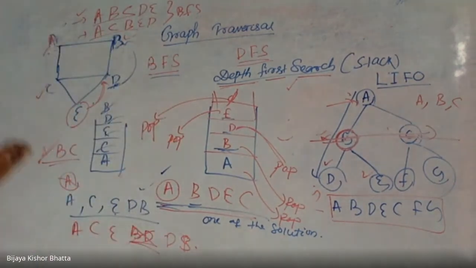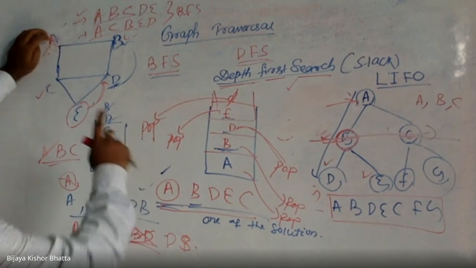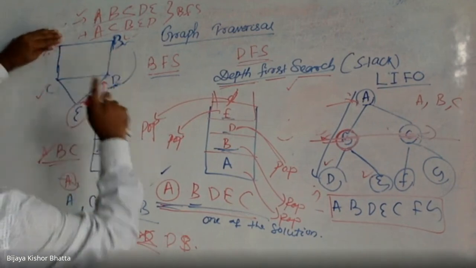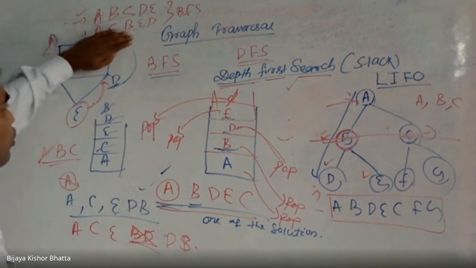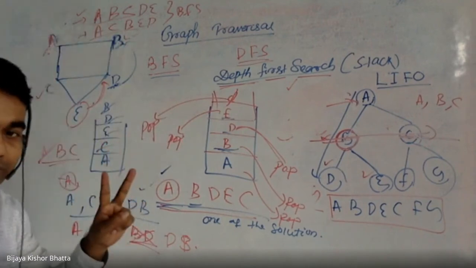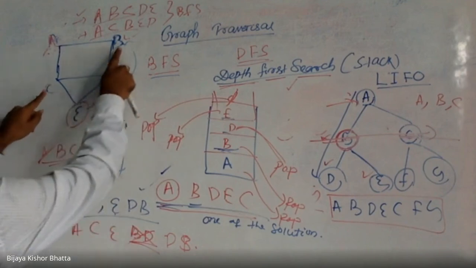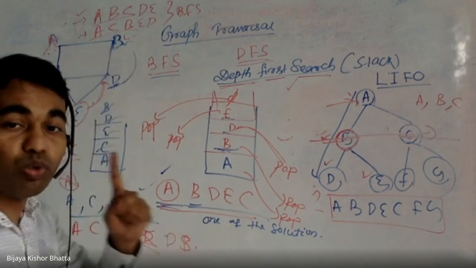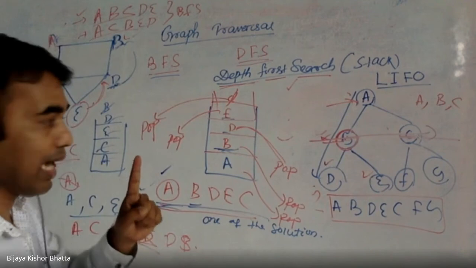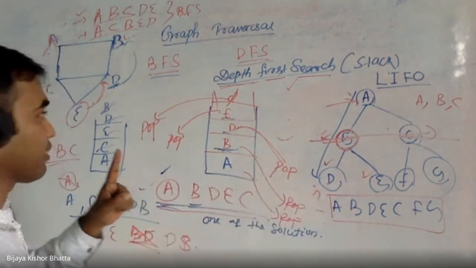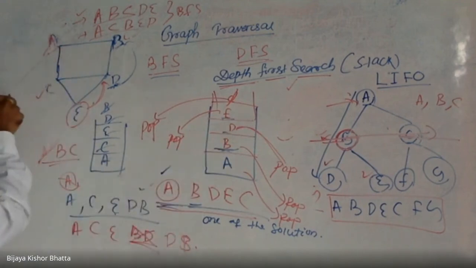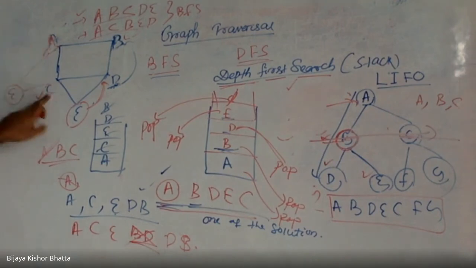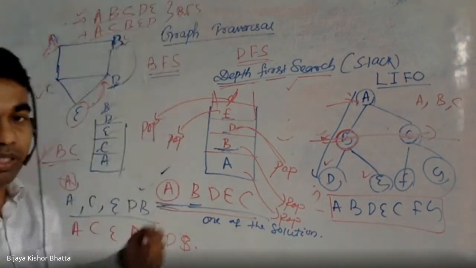In DFS, try to see it. In DFS, I don't go to all the adjacent nodes. That's what I told, right? From A, I don't want to go to both B and C. There are two possibilities, but I will not go to B and C at the same time. I will go to only one of them. A may have 1,000 adjacent nodes. Suppose E is also connected. That means A has D, E, B. Suppose there are so many edges.